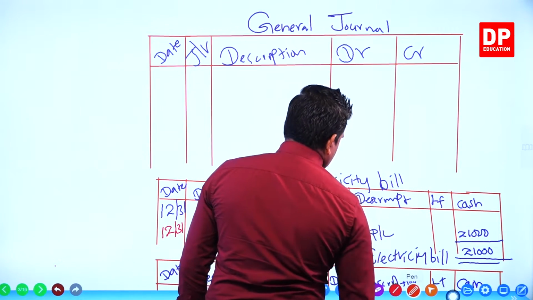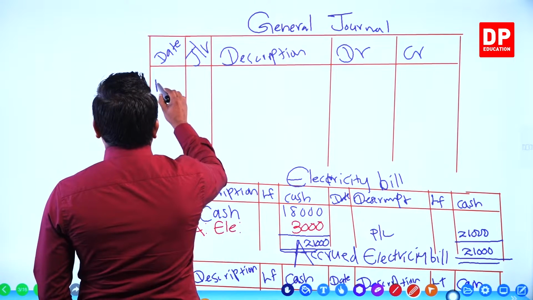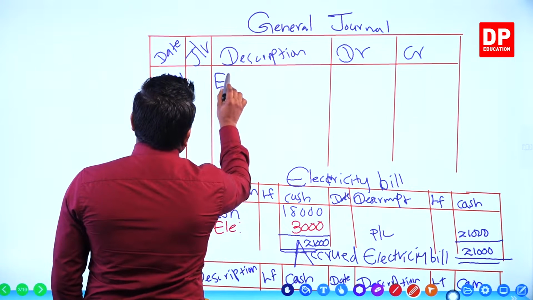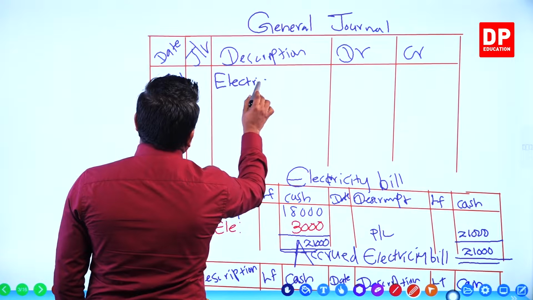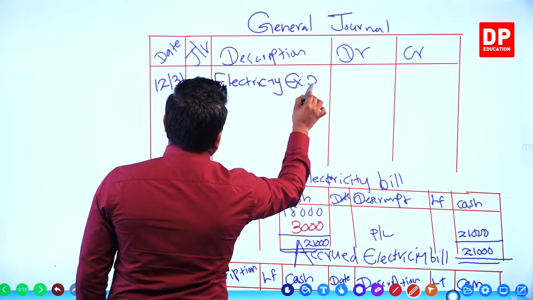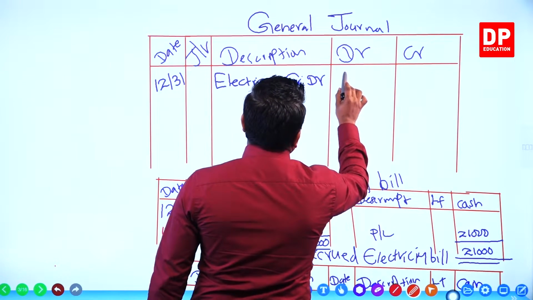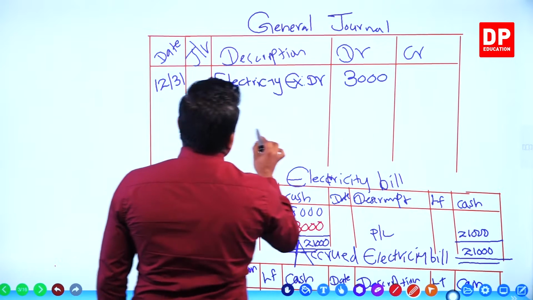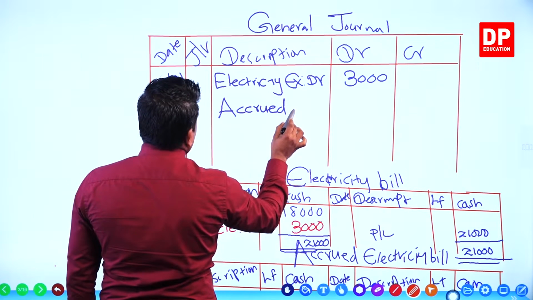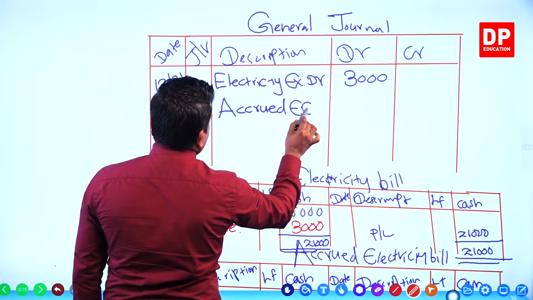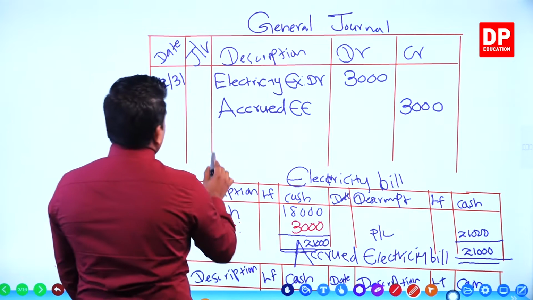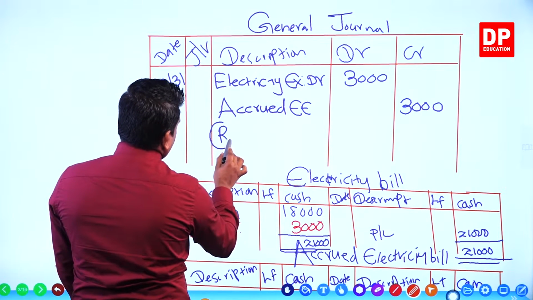General journal, right? There we write only the adjustment entry. How? Electricity expense account debit, how much? 3,000. Accrued electricity expense account credit 3,000. You give the narration, you know, recording of, if not recorded,